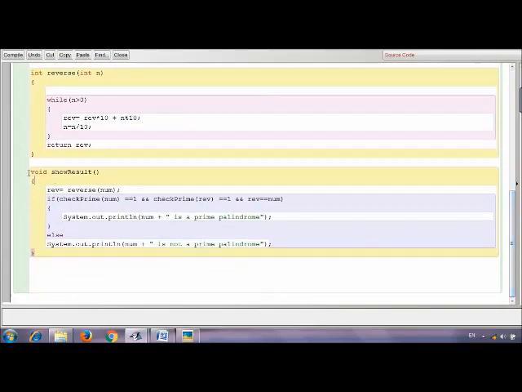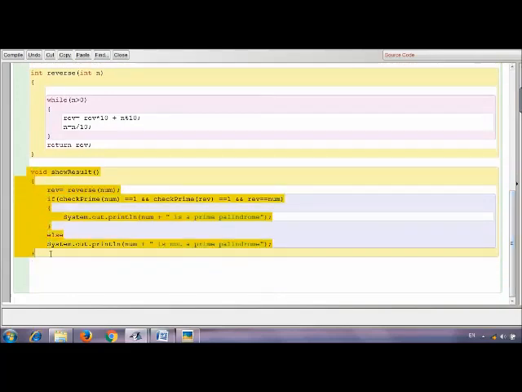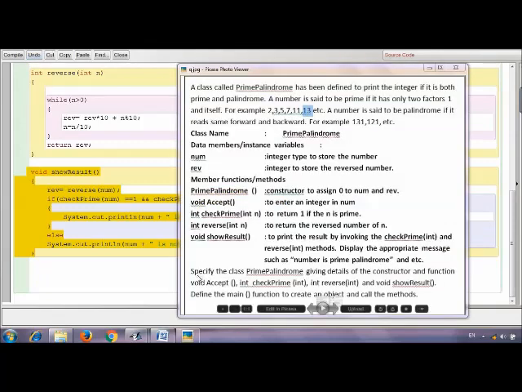If that number and its reverse are prime and it is a palindrome, then we can say that particular number is a prime palindrome. Now we have to see the specification given in the question.